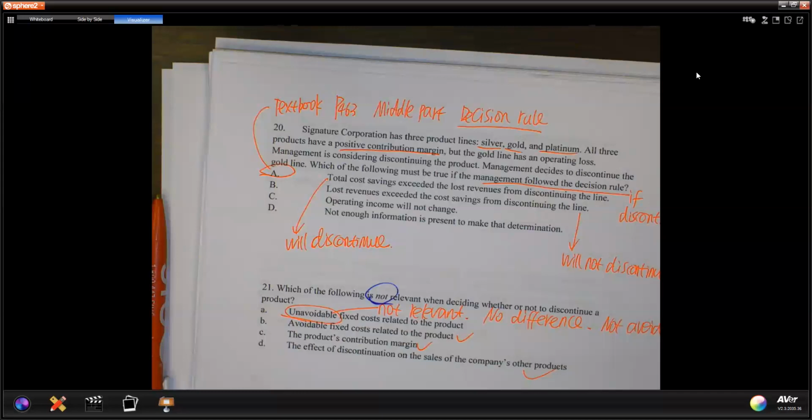Okay, let me think about it. You will discontinue this department because the money you will save is less than the extra cost you have to pay. So your cost saving exceeds the lost revenue from discontinuing. So you will discontinue because,